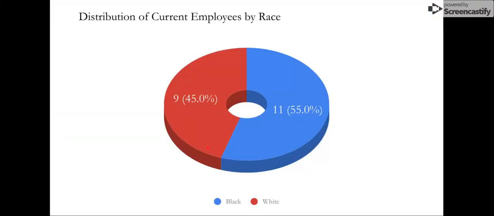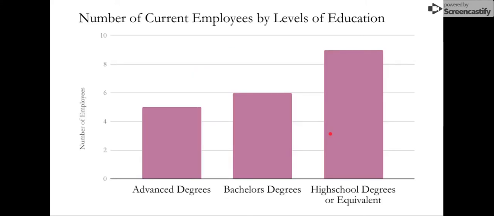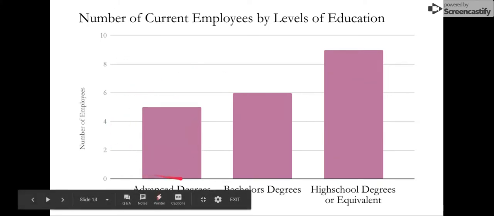So here are some of the reviews of the data that was evaluated here. We have a pretty nice distribution across the two races that are represented, where it's approximately 50-50, with a heavier weight on the Black population within the school, which is great, especially when we look at the nice staggered measure of different degrees we have. So we have quite a representation of educated and highly qualified staff members.